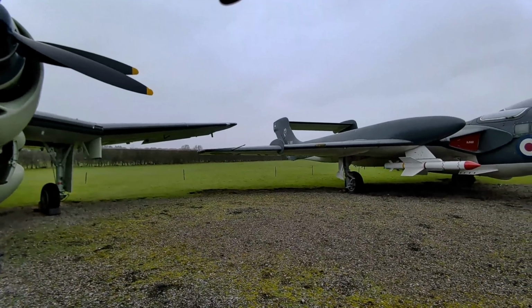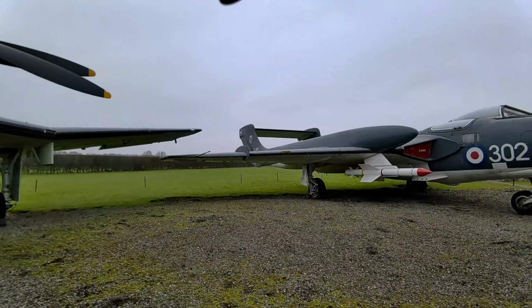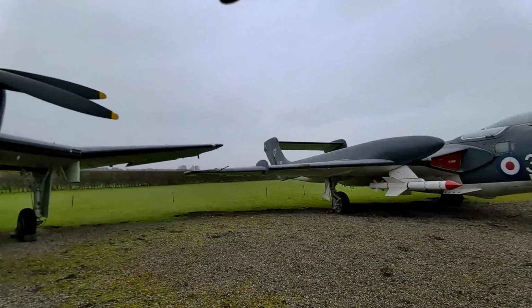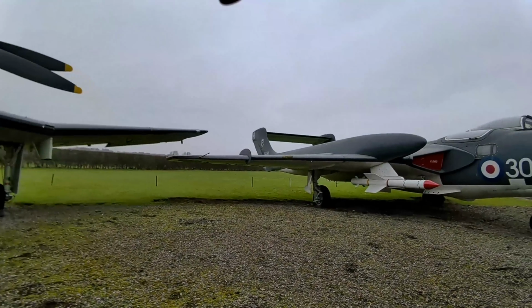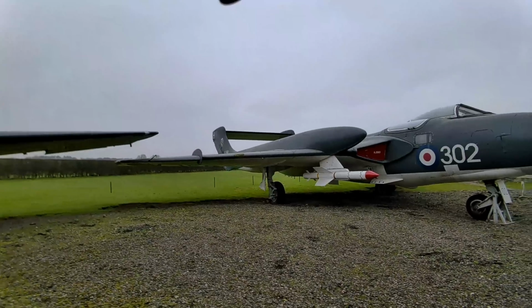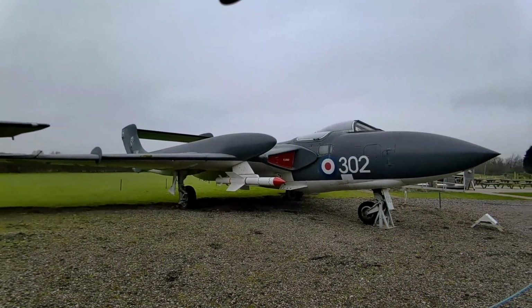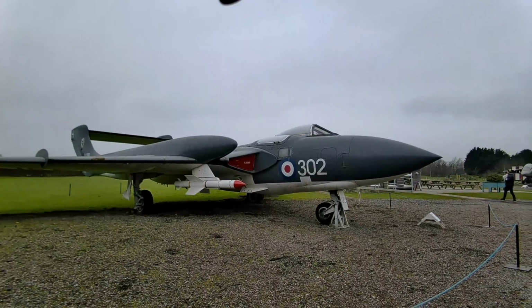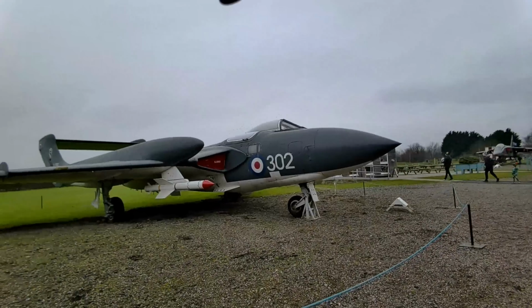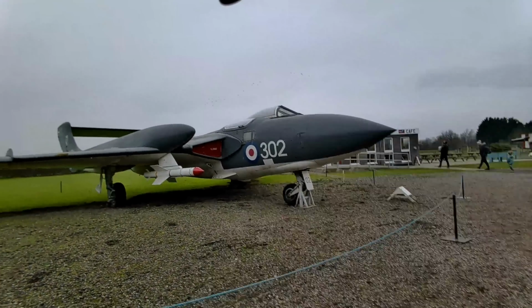So the rather unique looking Sea Vixen entered service in 1959. It was designed as a carrier-based fighter and strike aircraft with a rather odd twin boom configuration. It definitely stands out from the aircraft of the time. Now, it was powered by two Rolls-Royce Avon engines, giving it impressive speed and maneuverability for an aircraft of this size. And the twin boom gave a rather unique aerodynamic structure, which allowed it to carry more weight and better